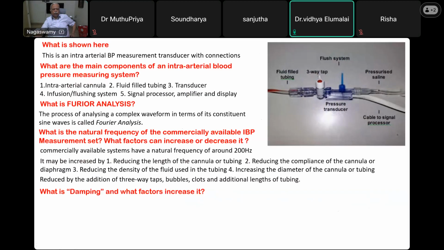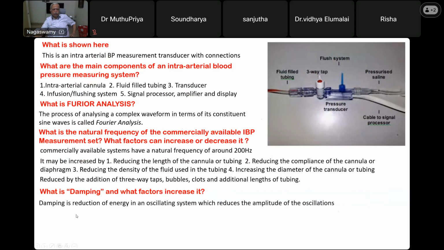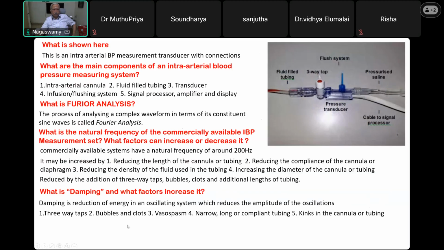Air bubble. What is damping? First define damping and then say what are the things that are affecting it. Damp means my mood is dampened. You are depressed or you are suppressed, isn't it? So damping is a reduction of energy in an oscillating system which reduces the amplitude of the oscillations. Okay. And three-way taps, bubbles, clots, vasospasm, narrow or long compliant tubing, kinks, and cannula are the factors which will